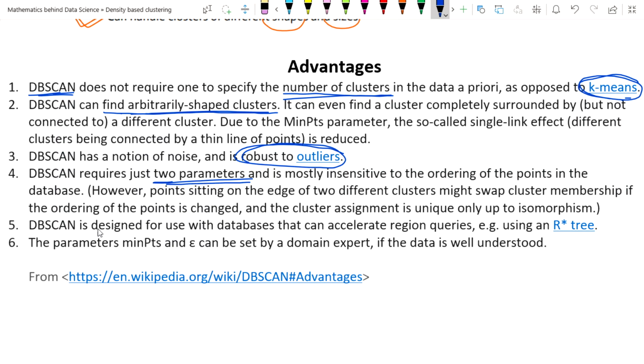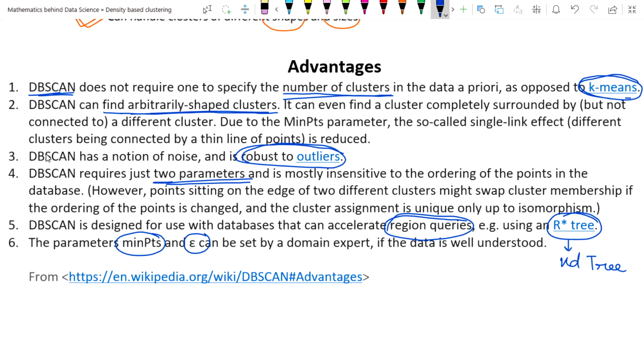Another advantage is that DBSCAN is designed for use with databases that can accelerate region queries. These region queries are mainly based on using a KD tree, or an R tree, which is one kind of tree structure. The only two parameters here are minimum points and epsilon, and they can easily be set by a domain expert if the data is well understood.